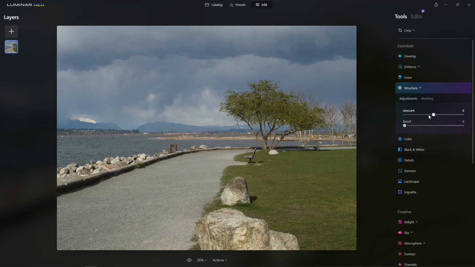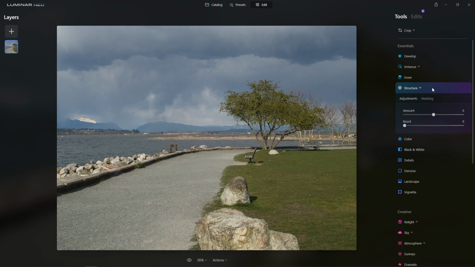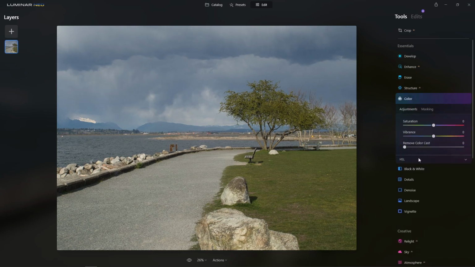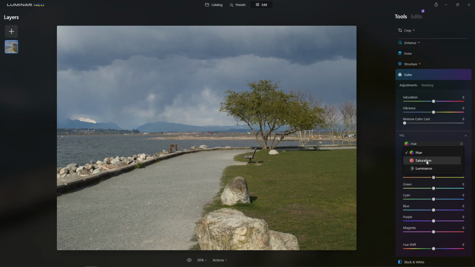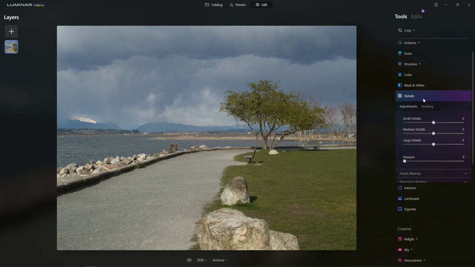Structure, if you want to increase the amount, if the image is a little too blurry and you want to increase, make it look more dramatic, you can definitely work on that here. So again, you see there's that. Color, pretty self-explanatory. You can impact certain colors, specific colors, or the overall. Again, this should all look familiar. Black and white, obviously, if you want to convert it. Details,